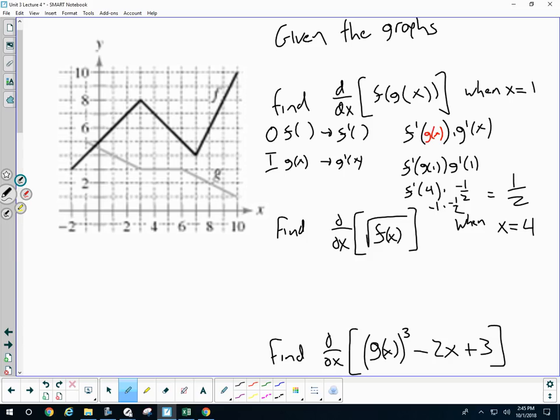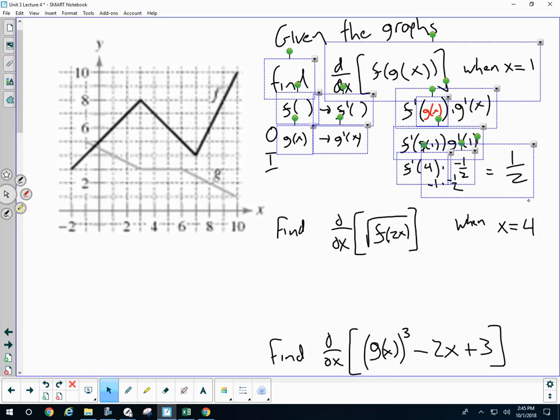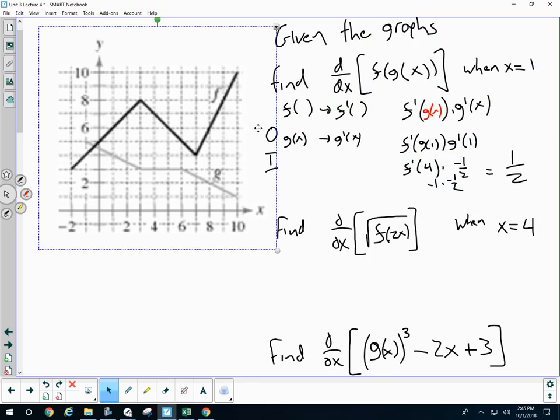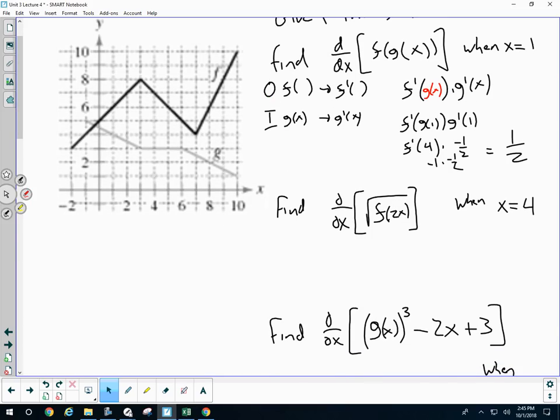The next guy is a composition. I'm going to make it even tougher. What if I put a 2 here? We have a composition of not just one, not just 2, but 3 different functions. In this one,